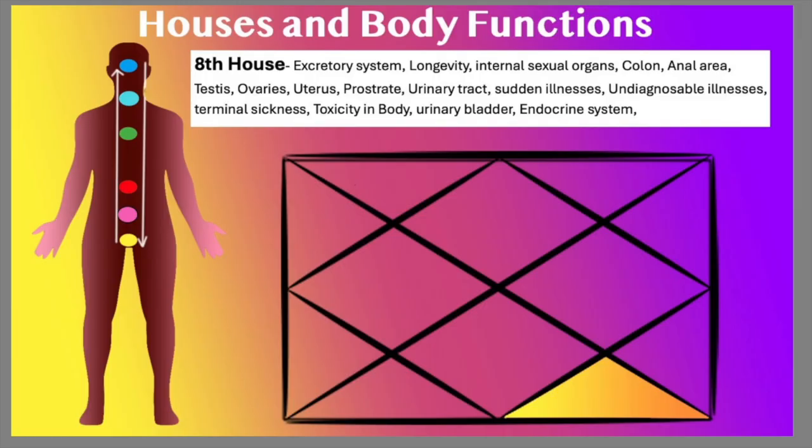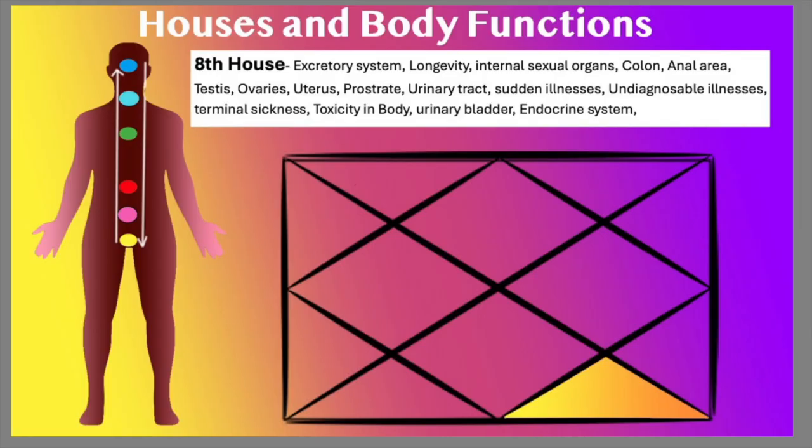Next comes the eighth house. What happens to the eighth house? That one. It's the excretory system. Now we come to the root chakra. So excretory system, obviously, the end of the long intestines, the colon area, longevity, internal sexual organs. These are not external now. Colon area, the anal area, testis and ovaries. We are talking about the internal uterus, prostate glands, urinary tract, sudden illnesses related to them,